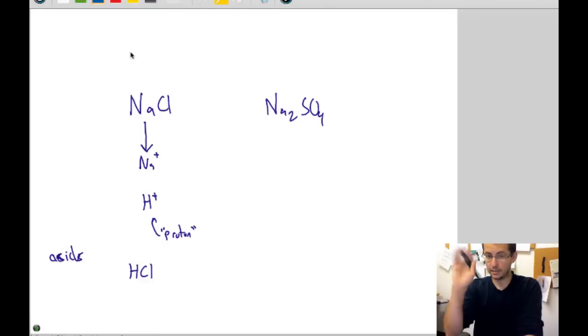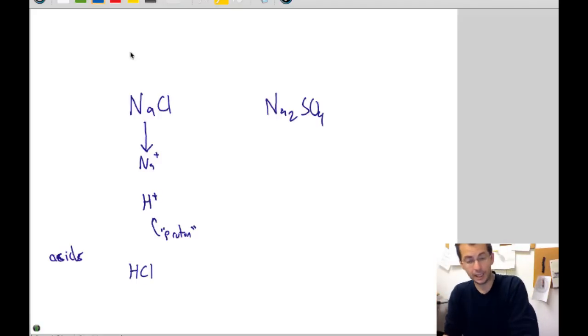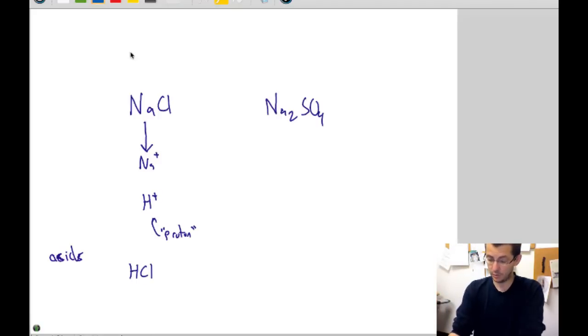We'll talk about acids and bases in greater detail later in the semester. But they all have their own unique names. So we can do something similar with the sodium. We can conceptually replace it with an H+ to generate